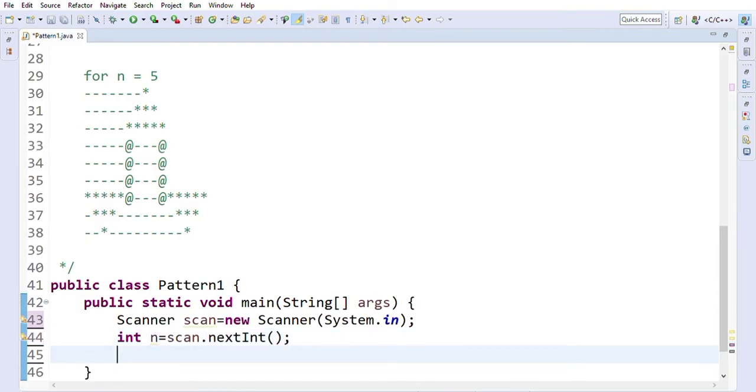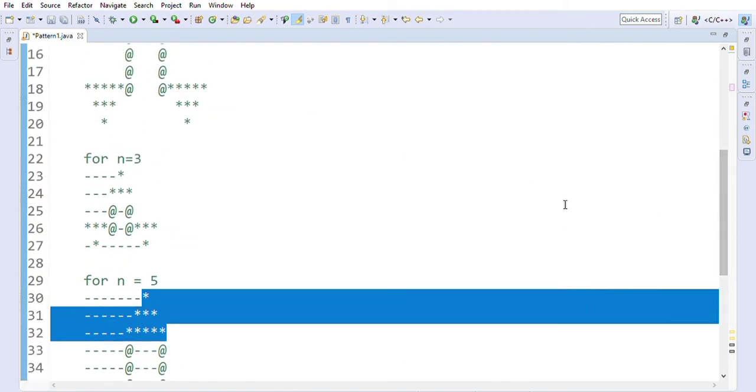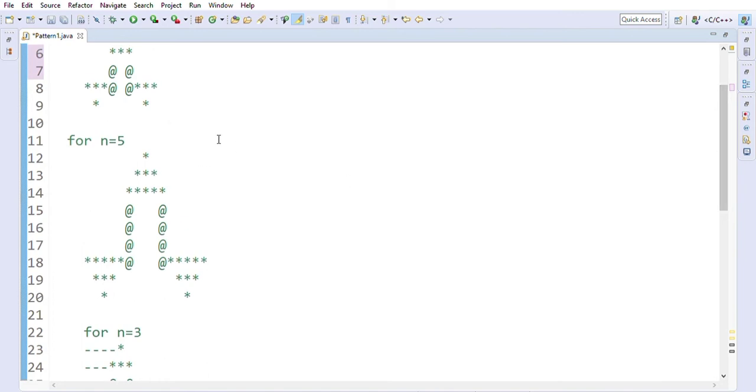Okay, so we have to print this pattern for 3 lines for n equal to 5 and 2 lines for n equal to 3.